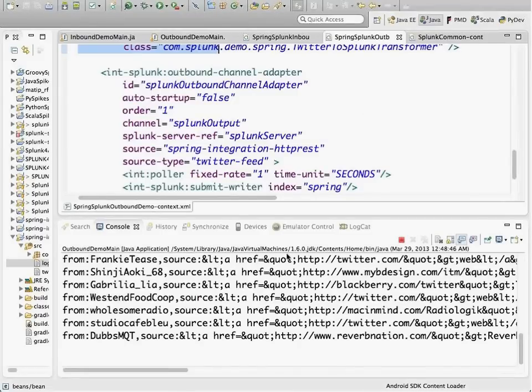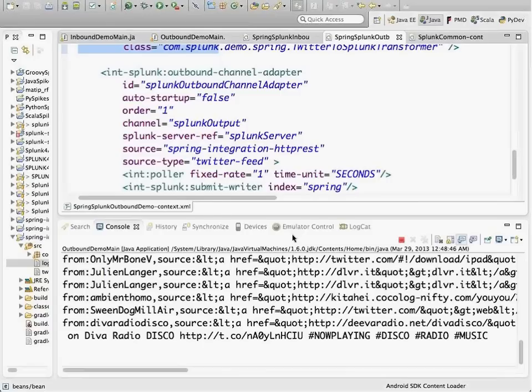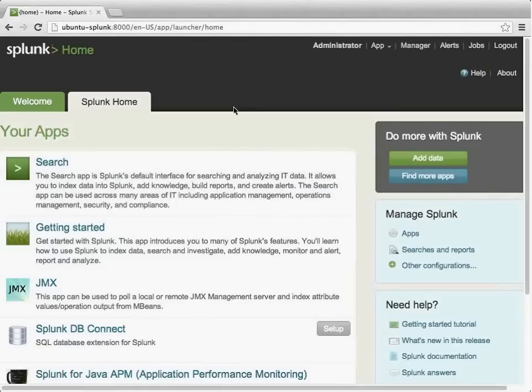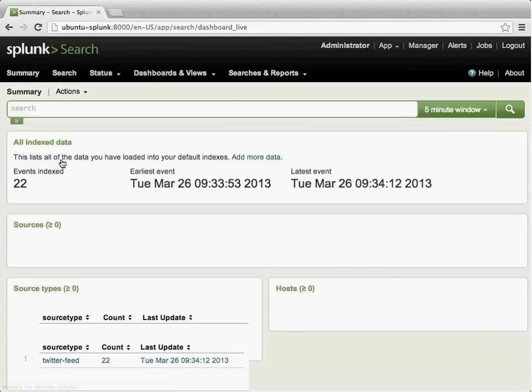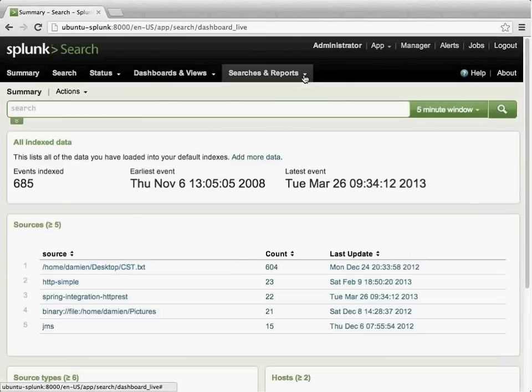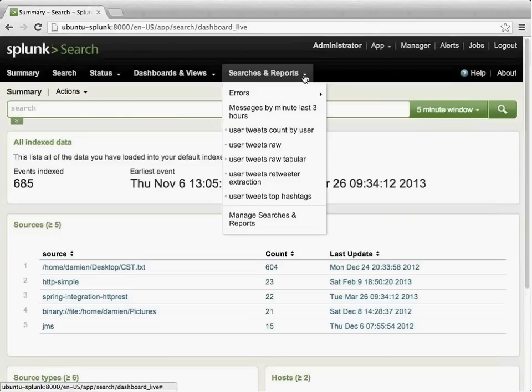So now would be a good time to actually go over and have a look at these messages arriving into Splunk. So here is my Splunk instance running locally on a VM on my workstation. I'm just going to pull up the default search app. And here are some search commands that I wrote before and just saved, so I wouldn't have to type them live, where I'd usually probably make a typo.